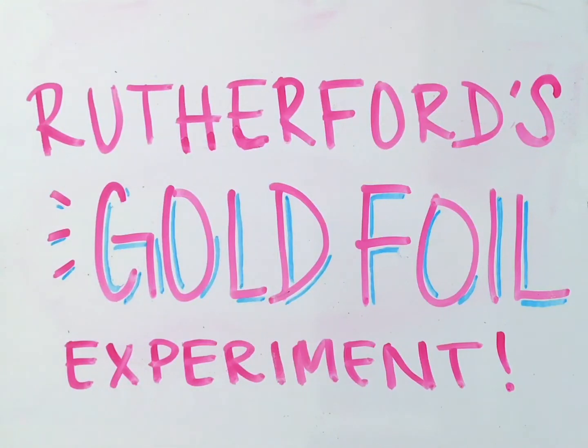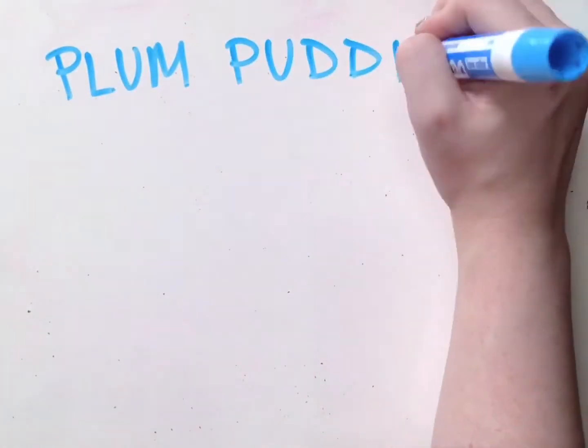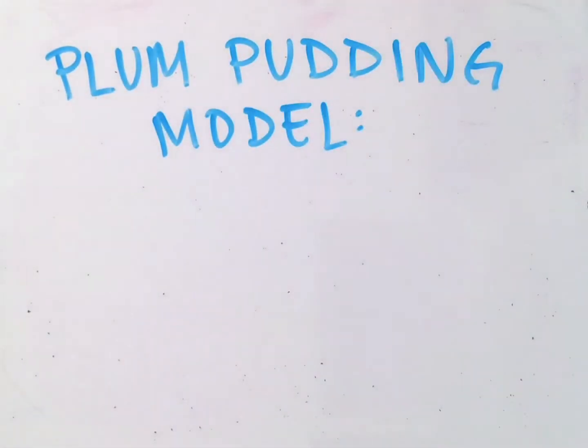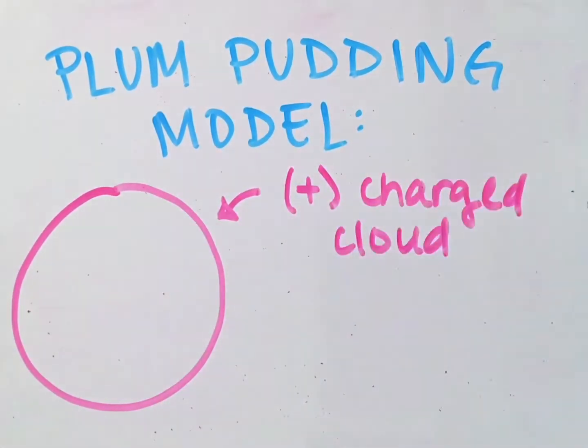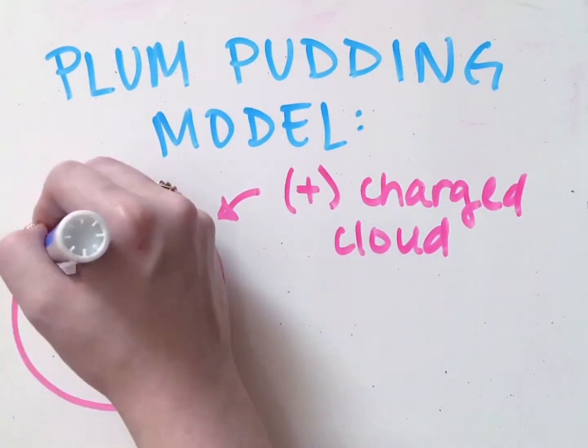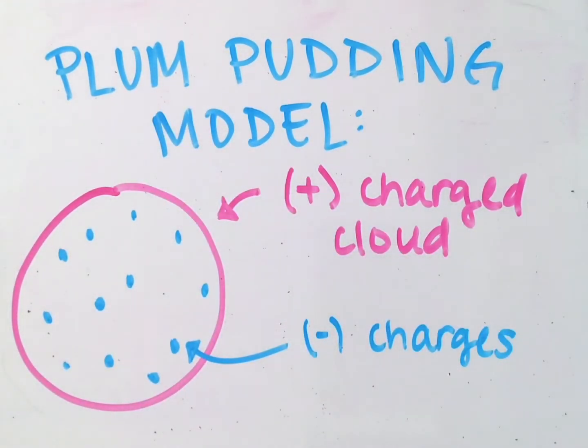Ernest Rutherford's gold foil experiment produced one of the key findings that shaped our current model of what atoms look like. Back in the early 1900s, the most up-to-date model of the atom was the plum pudding model. J.J. Thomson proposed that atoms were spherical clouds of positive charge, with negatively charged particles floating around in it. He compared this to plum pudding, which was a popular dessert at the time, but you can think about it